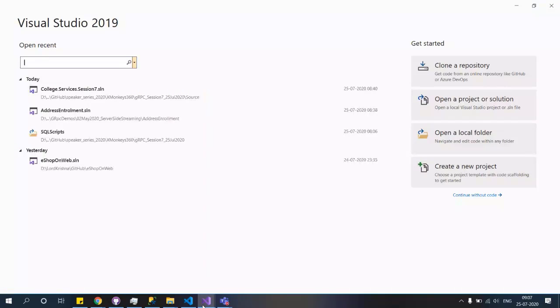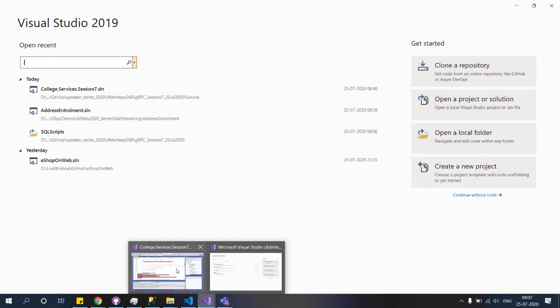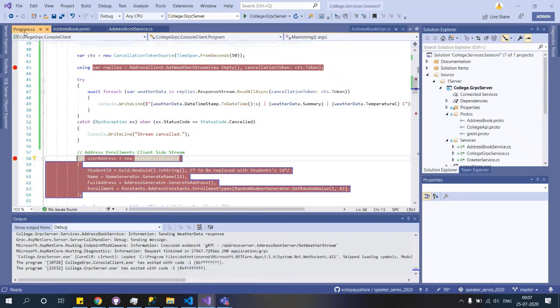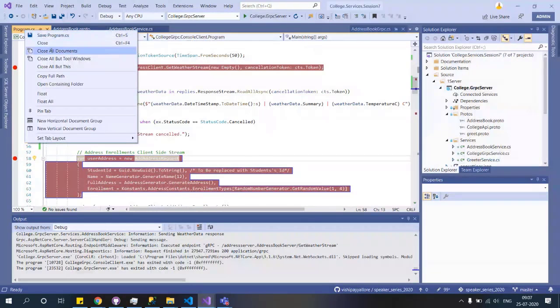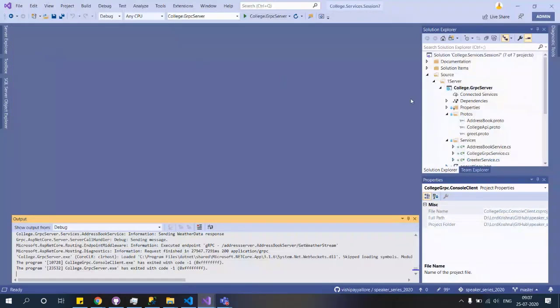Good morning. So, in the previous episode, we have seen how to do the client side streaming, not to a full blown sample, but at least we did the server side piece, we were able to do it completely. And the client side, we were able to test it from a console application.